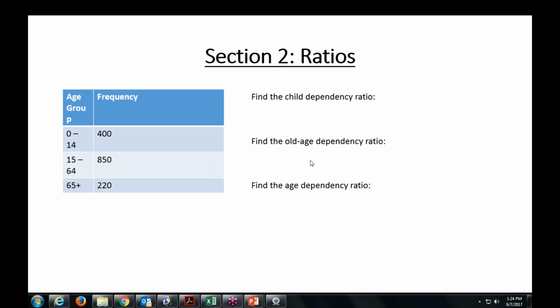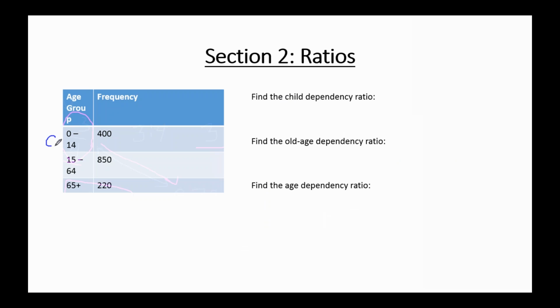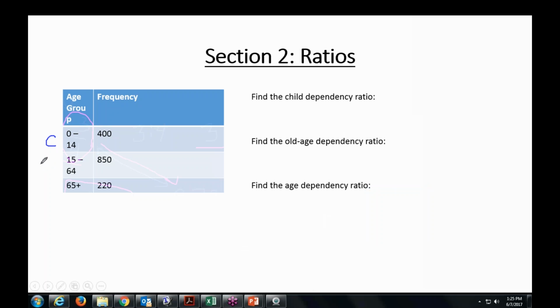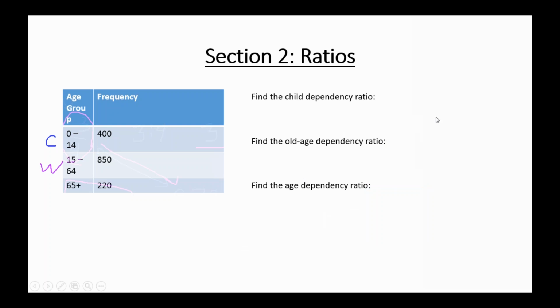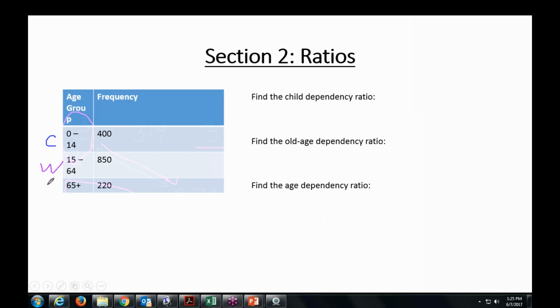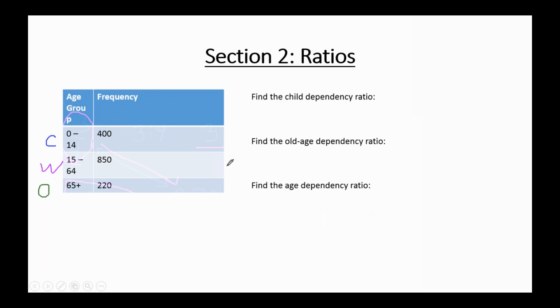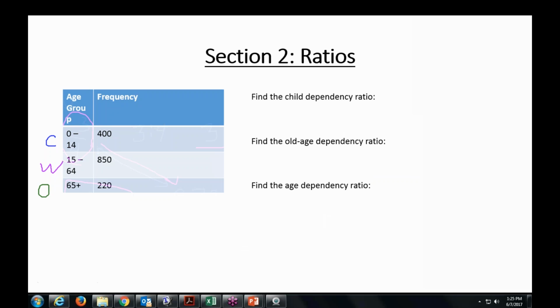Okay, so these dependency ratios, I just want to talk about them a little bit because it seems that once you understand the dependency ratios, they go very well. Before that, they can be a little bit tricky. So children, we generally refer to children as 0 to 14. We talk about the 15 to 64 as the working class, and everybody 65 and over, we call them the old people, right, which I always love talking to my parents because I call them the old people based off of this.